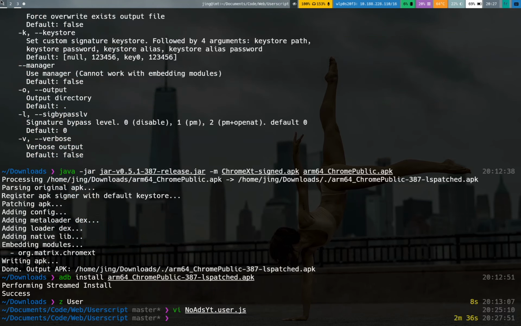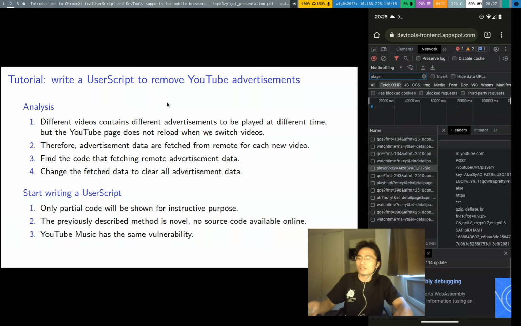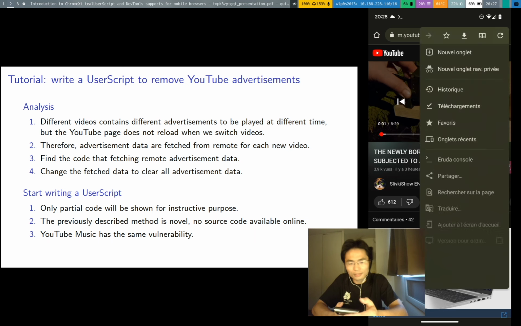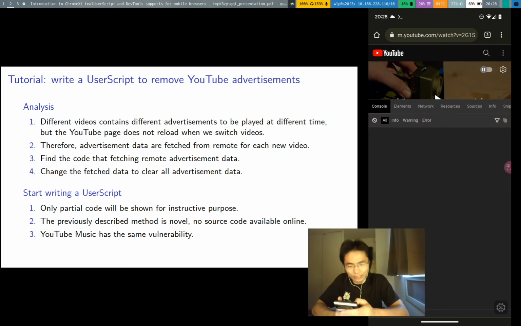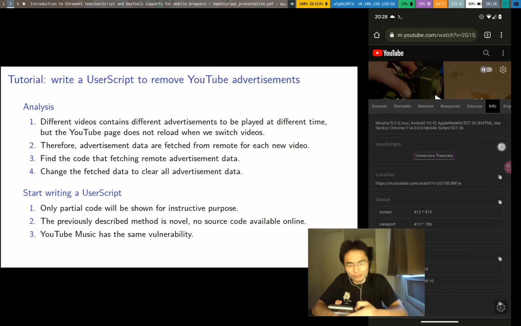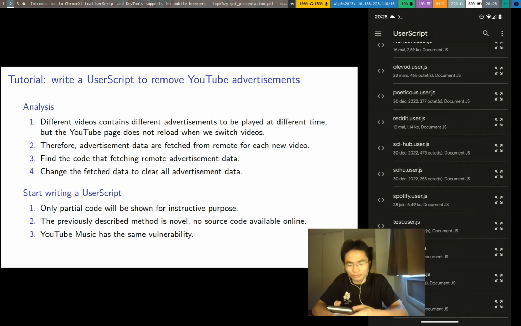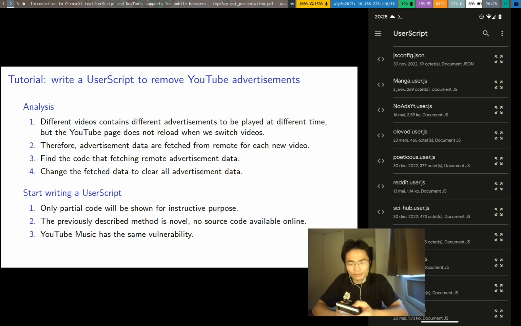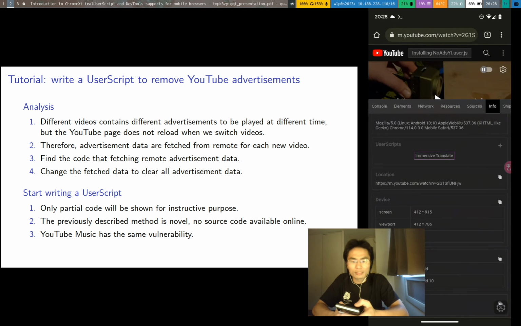So once this is done, let's go back and install it. I'm going to install it with the help of Eruda. In Eruda, in the info panel, there's a section showing which user scripts are currently running. We can use the plus button to install a user script. So there is the non-UD user.js. We open it and it's installed here. So now the script is installed.